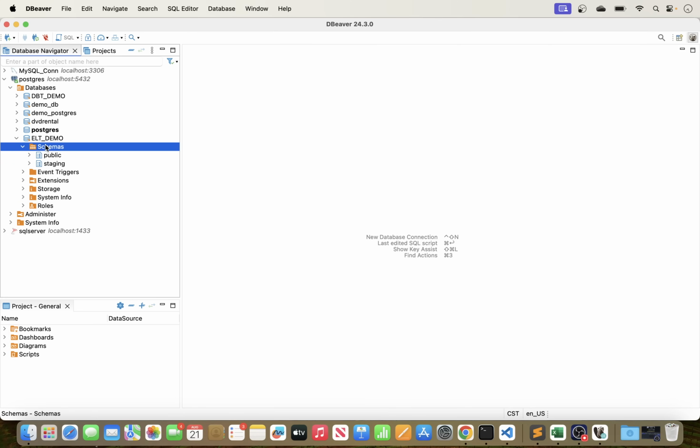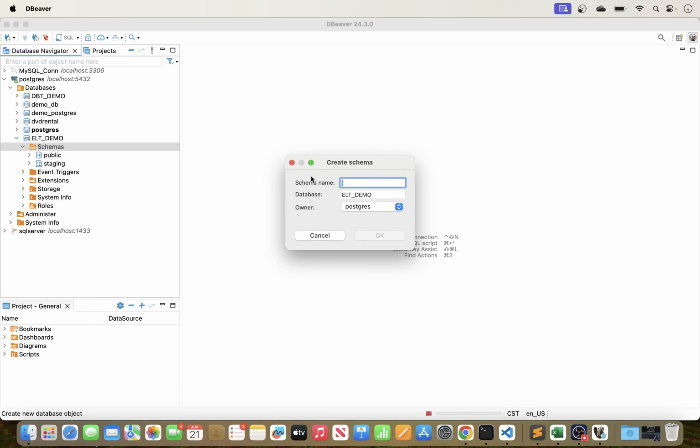And then the other schema that we will create here will be for our transformed queries, right? So again, we will load our data to staging, and then we'll run some transformations on top of it. And then our final queries, the transformed one, we want to write them somewhere else. So you can still write them to the same schema, but in this case, let's just write them somewhere else, right? So that at least for business, if they want to use that data, then we can just give them the schema, and then they can use it without having to go into our raw data, because that might cause confusion, right? So I'm just going to call this one transformed,